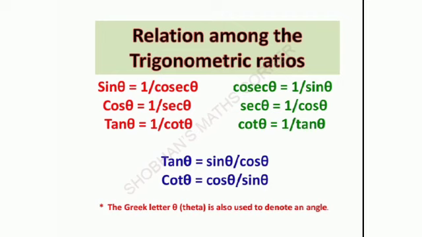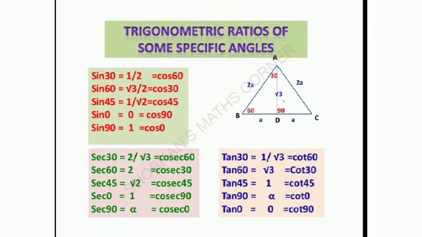Next, trigonometric ratios of some specific angles. The specific angles are 0 degrees, 30 degrees, 45 degrees, 60 degrees and 90 degrees. For these angles we will define the trigonometric ratios in this standard. We can find the values for any angle in the next advanced level. Here we restrict our study to acute angles only, and also these specific angles.